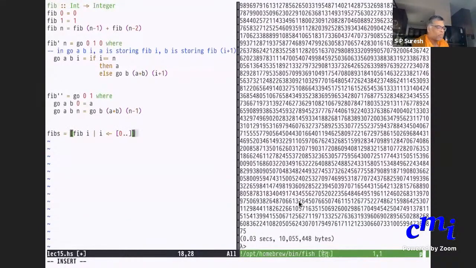Is this clear? That is nothing but fib 0 followed by fib 1, followed by fib i for i ranging from 2 onwards. This is fib of 0.